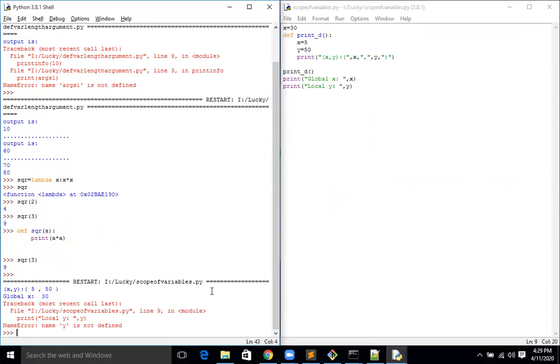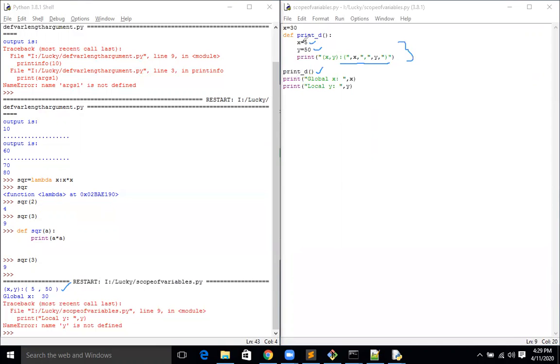Now here what happened? It goes to print d, and print d contains the local variables x equal to 5 and y equal to 50. Clear? And then it prints the x comma y value here, 5 comma 50. But it is a local variable.